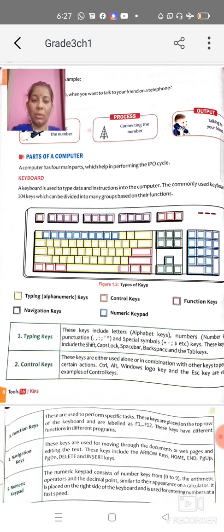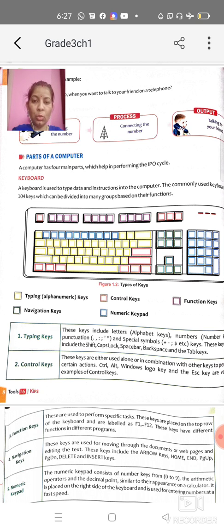Sir Christopher Latham is not mentioned here, but he is known as the inventor of the QWERTY keyboard. In previous class, I guess you all have learned about this. Basically there are 5 types of keys in a keyboard: typing or alphanumeric keys, and control keys. Control keys are used in combination with some other keys like control, alt and shift keys. Function keys have their own specific function, different in different types of system.